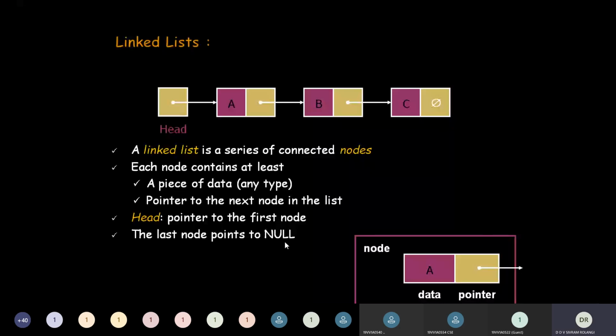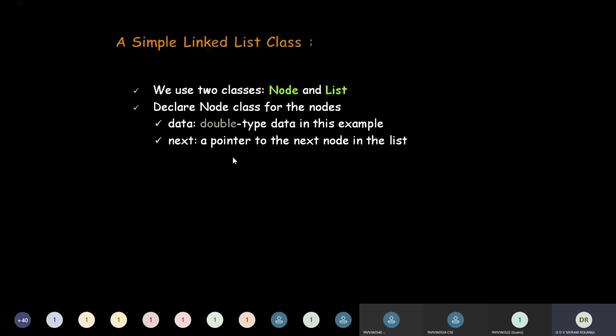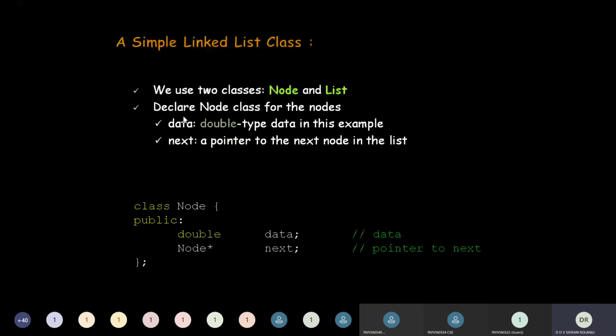So actually this is a linked list class that is an implementation in C++, but let us look at this code, the bottom one, class node. Instead of class node, just replace this. In the place of class, just assume this is struct node. Forget about this public keyword, double data and node star next.